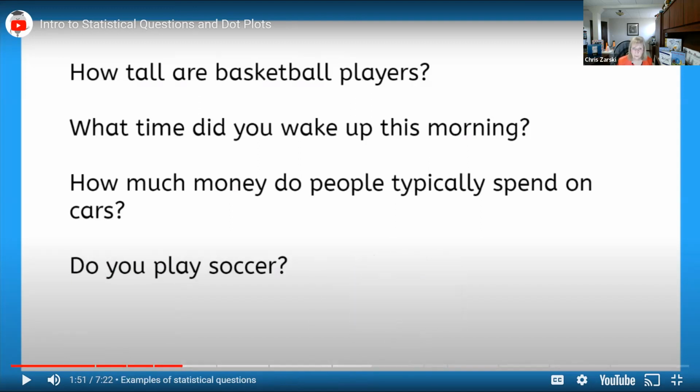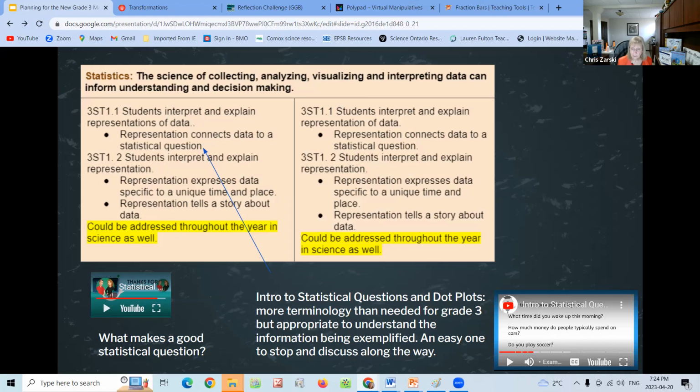It would be very appropriate to use bits and pieces of it right off the bat with students when we're starting, just so that we're always talking about the same language about what a statistical question is, so that they know that not every question is a statistical question, right? So then they need to understand the differences between the two.